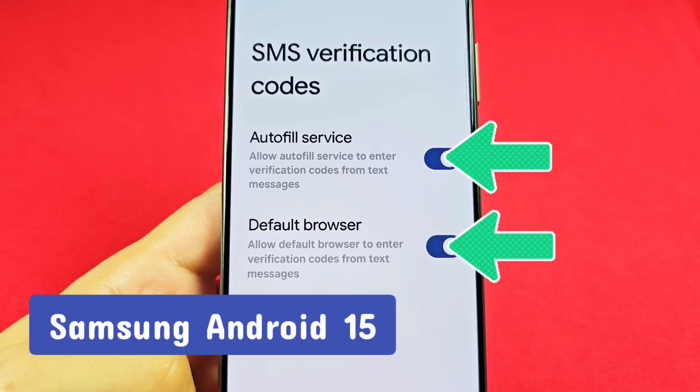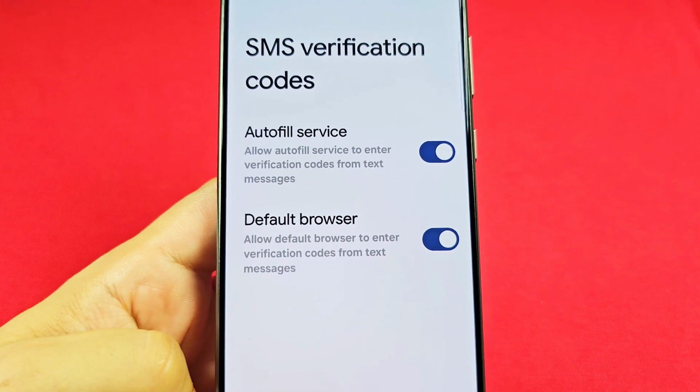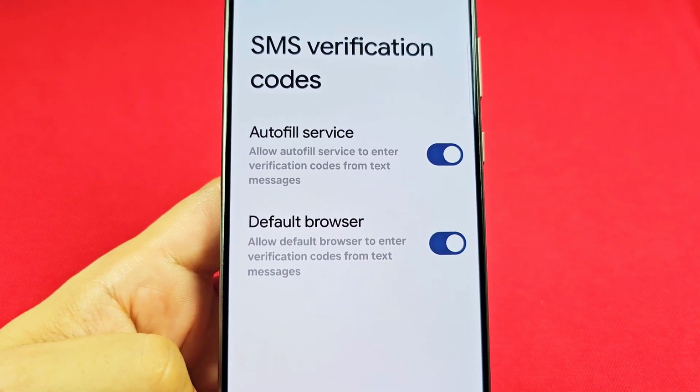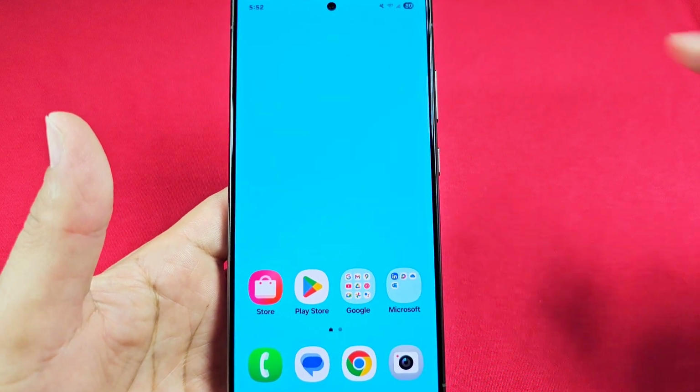How to enable SMS verification codes. I'll share where to go to find these features and what it does. This is a Samsung phone with Android 15, and let's do this. Whether you want to turn this feature on or just know what it's all about, go ahead and use the